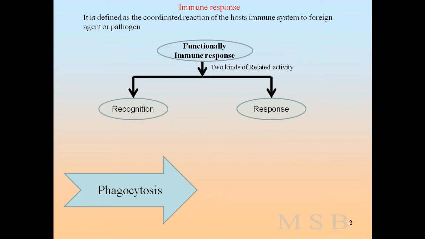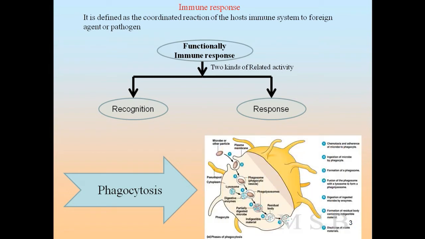To understand the immune response, we will take an example of phagocytosis. The process of phagocytosis follows three main steps. First, recognition and adherence. Second, engulfment. And third one is intracellular killing. Chemotaxis: the microbe releases some kinds of protein that allow the phagocyte to find their location. The phagocyte attaches itself to microbes with the help of special proteins present on the cell surface of that phagocyte. After that, the microbe is ingested by the phagocyte, and phagosomes form.